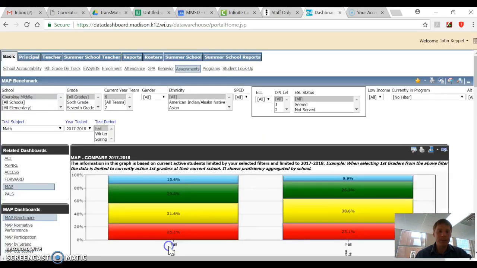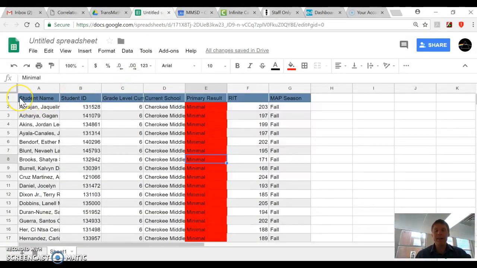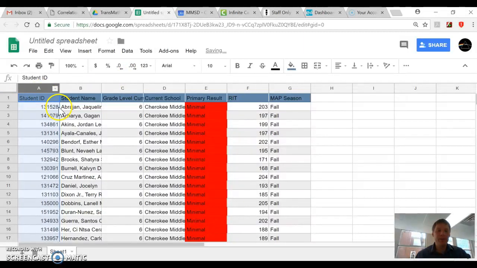Once you're in that sheet though, you can sort your data. I would pull all the ID numbers over here. You can sort the data and then input that into whatever other data sheets you have at your school. So I think for right now, that's enough data for